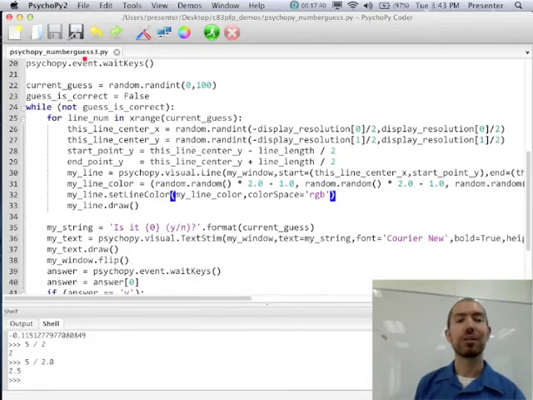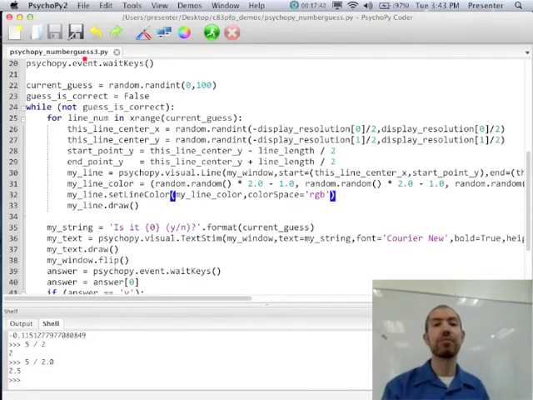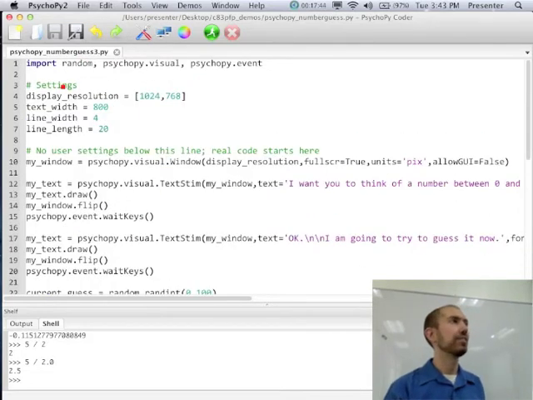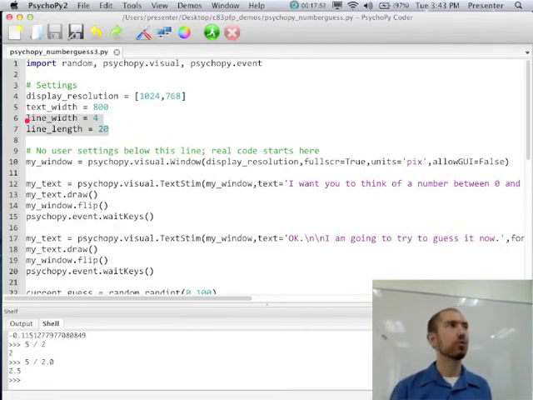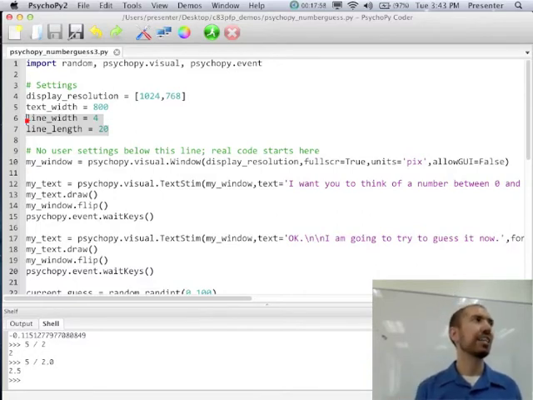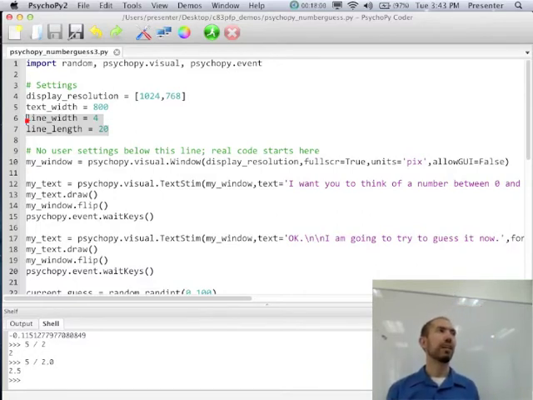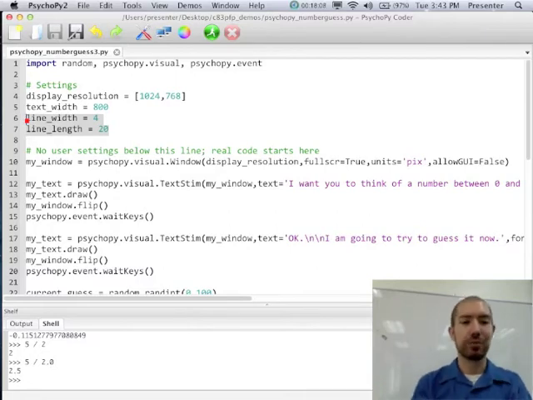Okay, so the cool thing is we can reuse most of the code we've already used for lines, right? Because we've already done some of the hard stuff like picking the location, picking the color, and so forth. Now, one thing to keep in mind is we're going to have to replace our line width and line length, right? Because to specify the size of a circle, we don't need to specify a width and a length. What do we need to specify? Like, what defines the size of a circle? Okay, yeah, diameter or radius, whichever you want, right?